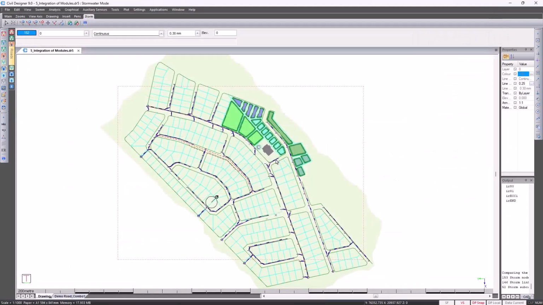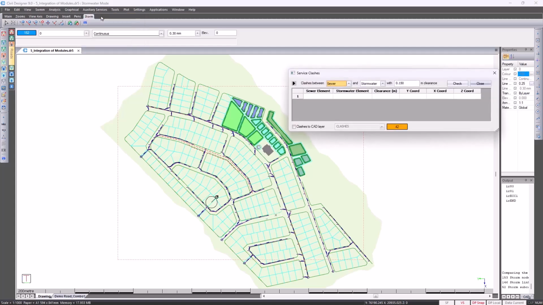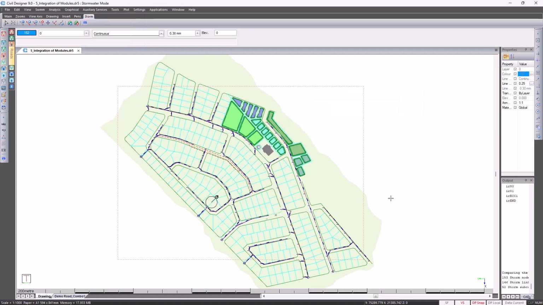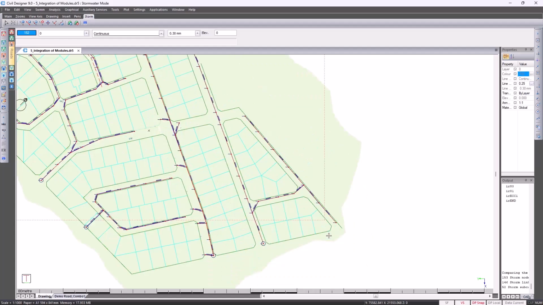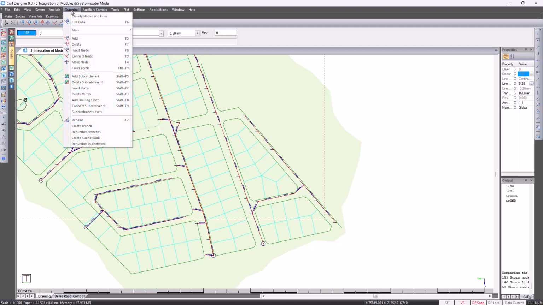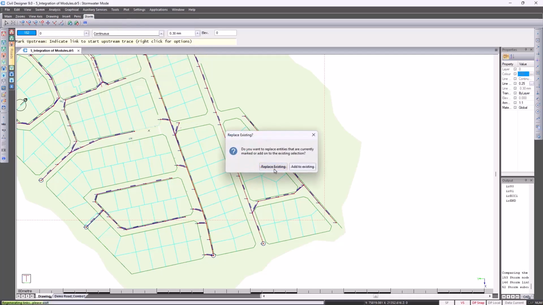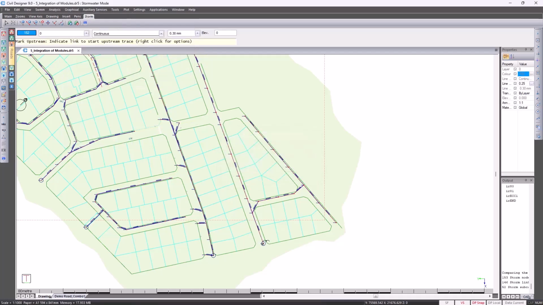If you've got other services associated to your project, you can go to auxiliary services and check for clashes. When looking at plotting, you could either plot the entire network or you could select portions of the network. In that case, you'd go to graphical, mark everything upstream, select a manhole, everything upstream of that manhole will be